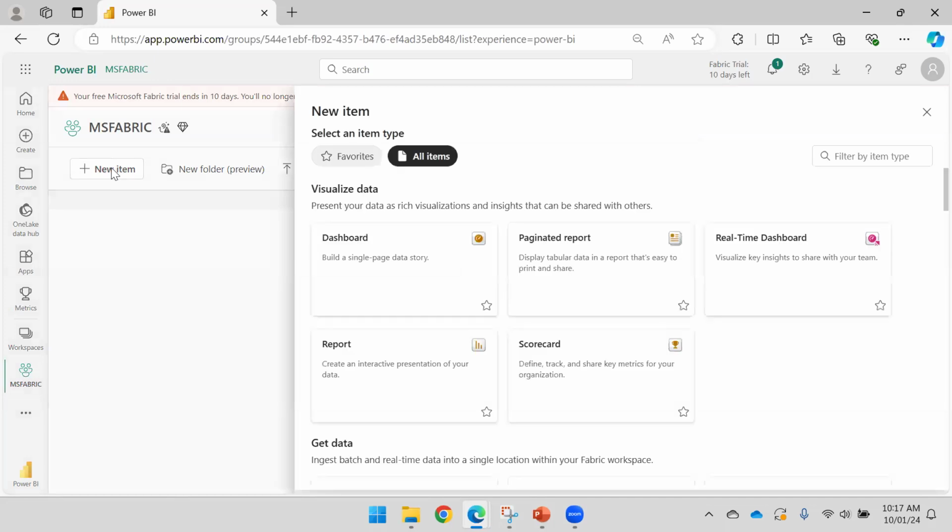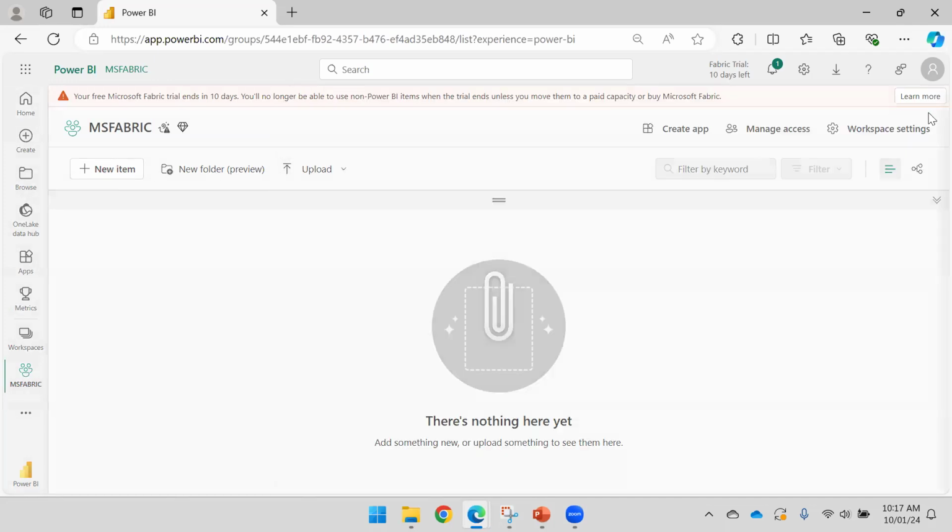Okay, let's go and select first what we need. We can bring the data from any sources. Our data may be sitting in any kind of databases, in any kind of cloud. You have to bring the data into the lakehouse or warehouse. So what we will do, we will create